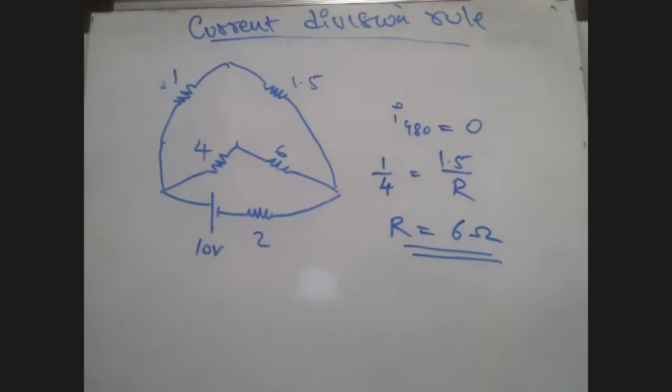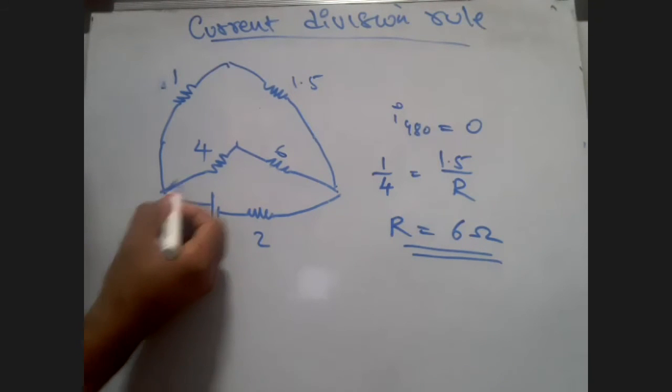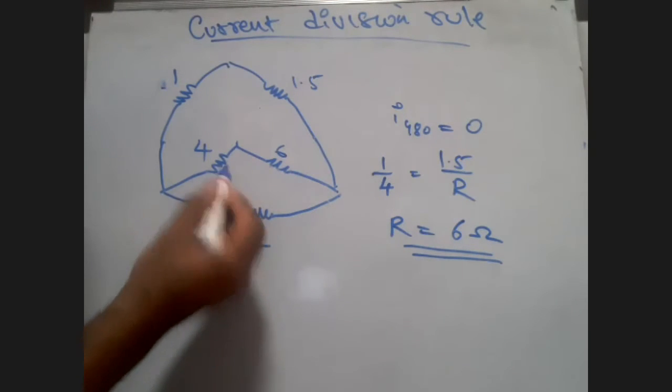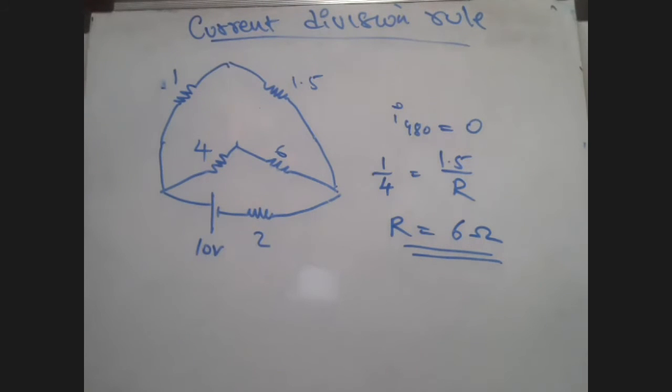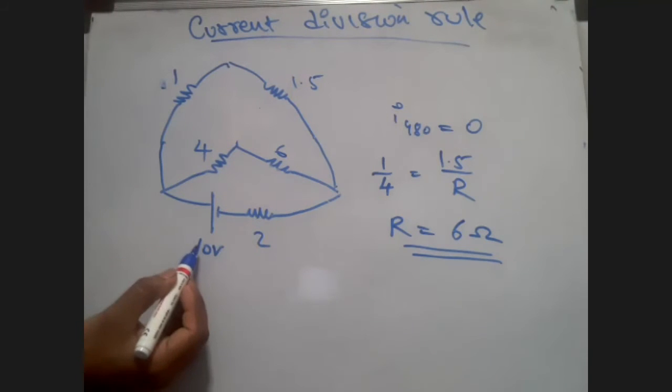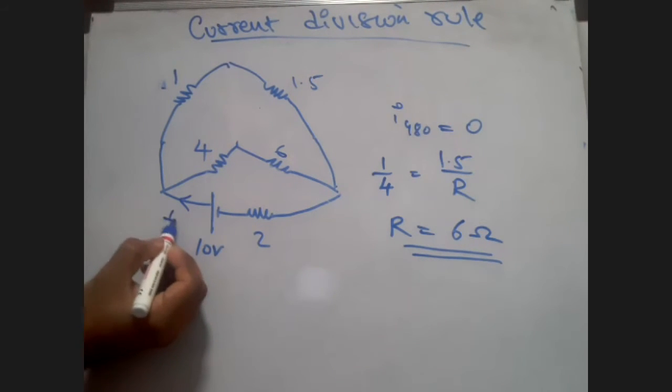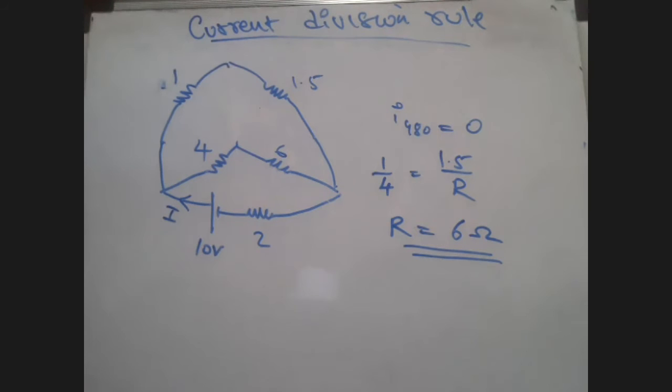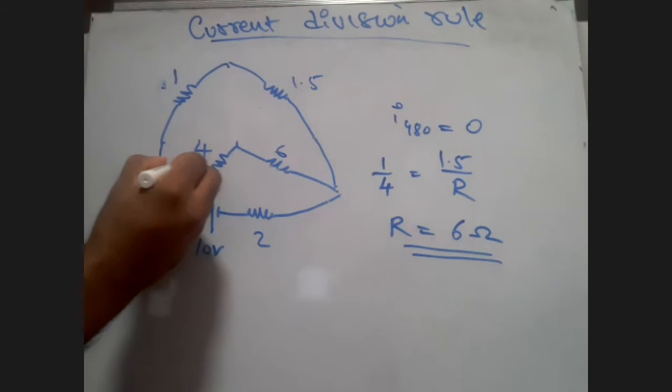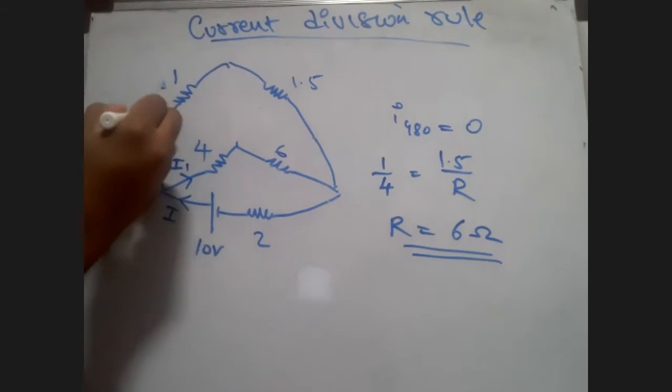So one concept here. Always remember, in a series configuration the current is going to be the same. Parallel combination, different. So now if I find out the current through this entire branch, it is going to be the current across 4 also, across 6 also. First just assign the currents. Look here, 10 volts. It is going to deliver some total current I, which we have to find out now. And this I will get distributed in two, that is I1, and I2.